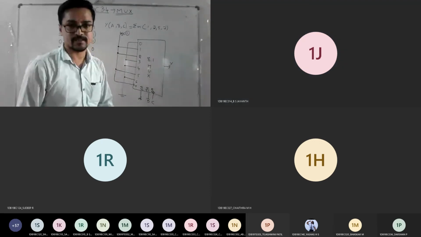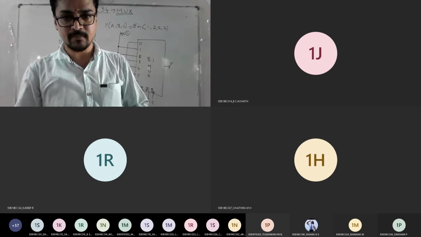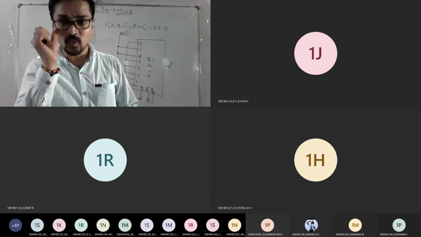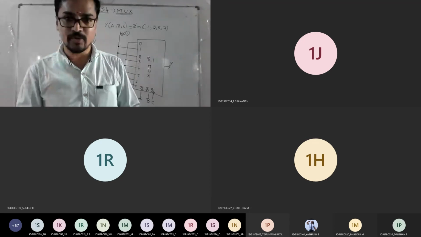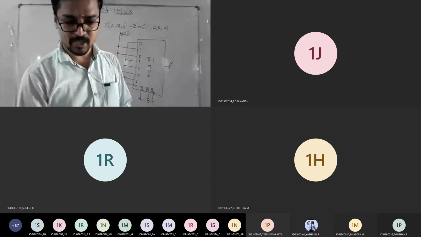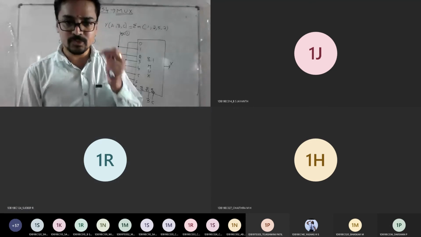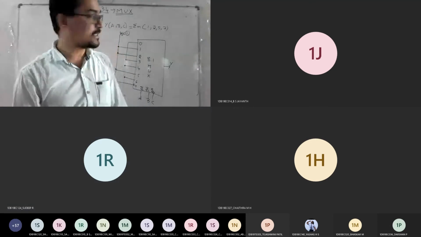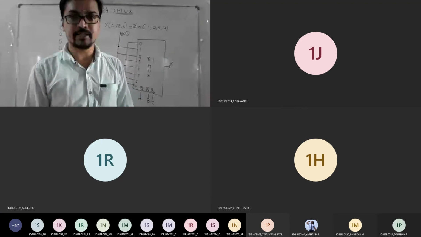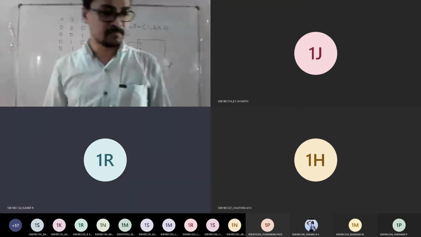So now we'll increase the complexity a bit more. Instead of giving the minterm, now they will give you a Boolean expression. I hope everyone remembers how to do the Boolean expression, canonical form. Do you remember? Yes, sir. So using the canonical form, I want you to simplify this and get me the minterm. Then I will teach you how to proceed with this type of problem. Okay? Read the question now.